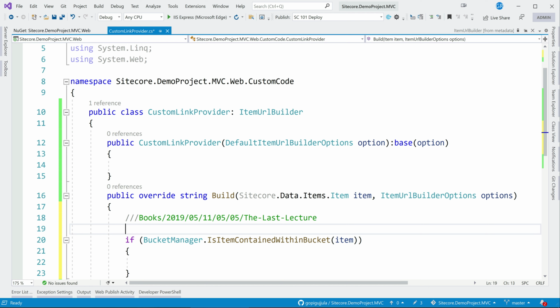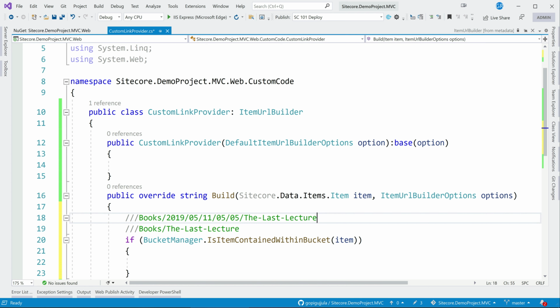This is the item we are getting here, and we are trying to identify whether this is a bucket item or not. Now it says yes. So we want to omit all the bucketable items and generate the URL so that it is converted like this. Our end result should be like this.